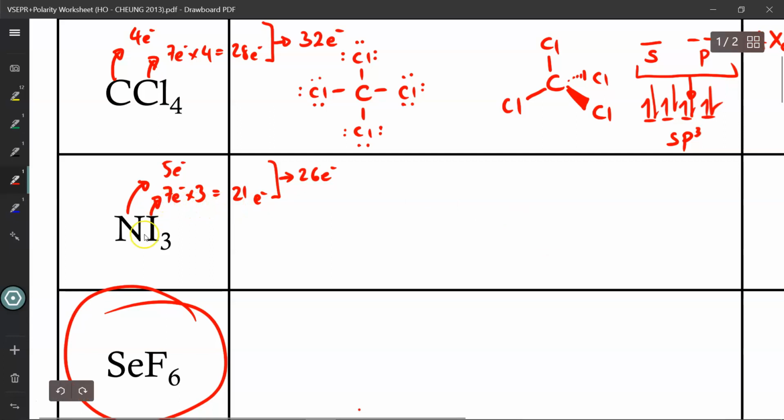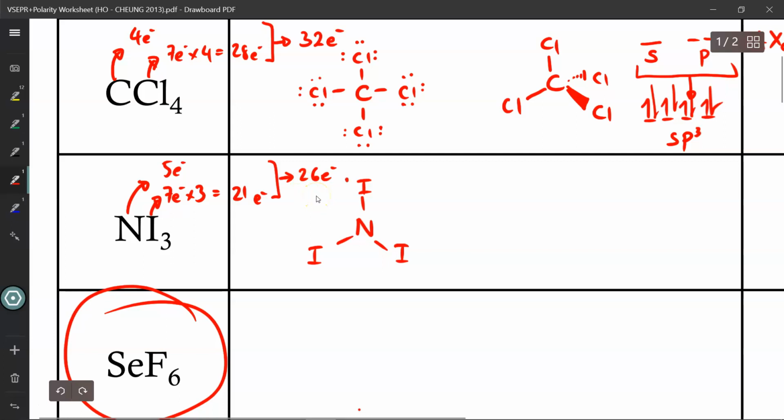Let's take a look at the next one, NI3. 3 times 7 electrons each, 21 electrons from the iodine, 5 electrons from the nitrogen, 26 electrons in total. Nitrogen will be my central atom, and iodines will be evenly distributed around it over here. I know it's at least a single bond. And then what I'm going to do, 2, 4, 6, I need to draw 20 more electrons, so give the